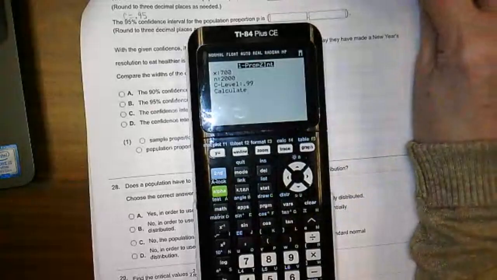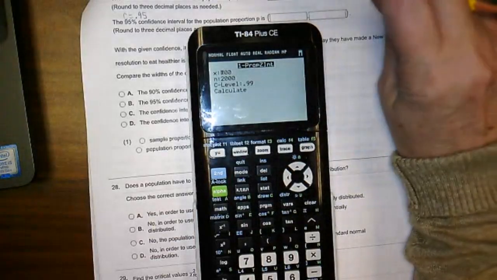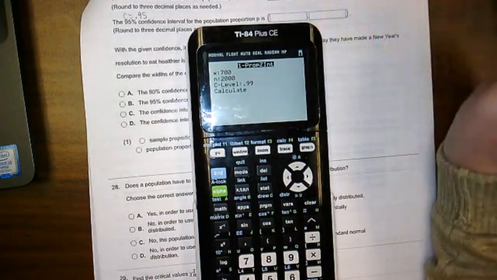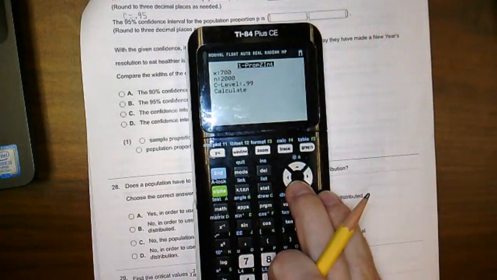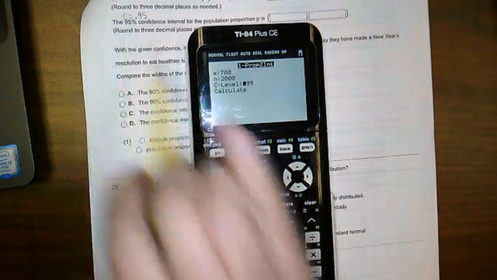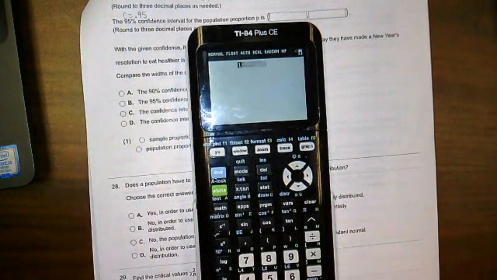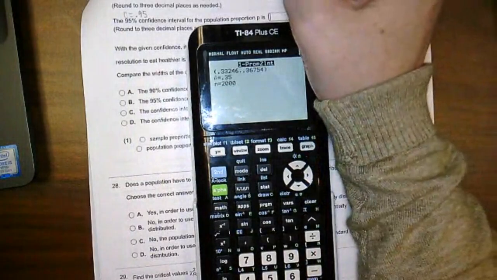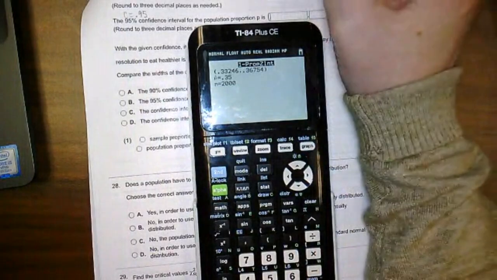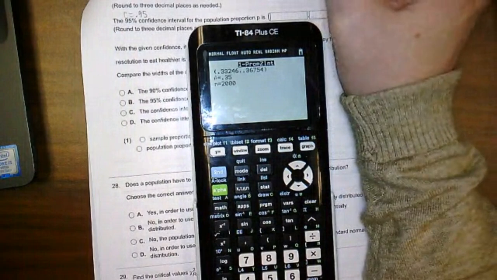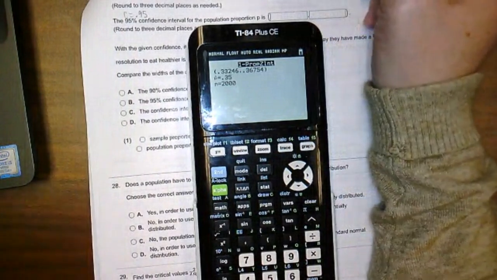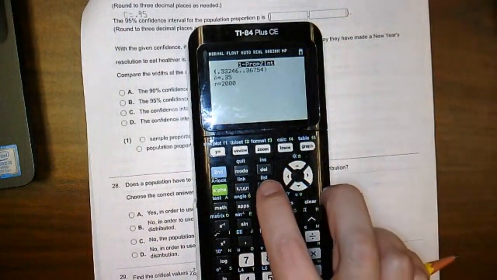Okay, my X is 700. My N is 2,000. Okay, because 700 said yes out of 2,000. My C is 0.9 for this first one. And so when I calculate my interval, it says to go 3 places, so 0.332 and 0.368. And then for